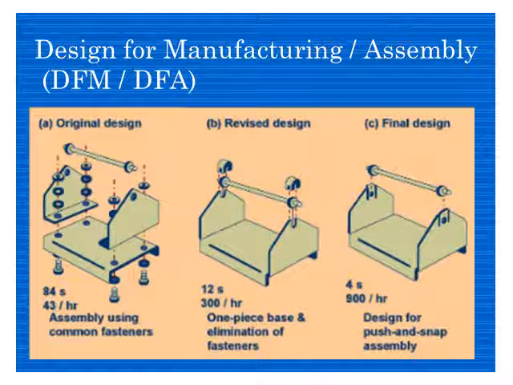But if you see the second one, 43 per hour means 43 pieces can be manufactured in an hour. This is 300 per hour and the last is 900, which means the last design can be manufactured at 900 pieces per hour. First one takes 84 seconds for the manufacturing, second takes 12 seconds and last one takes 4 seconds. This is the manufacturing part, or you can say assembly also. It might be manufacturing, it might be assembly, the time work. So whatever it is, you see the last design has improved.